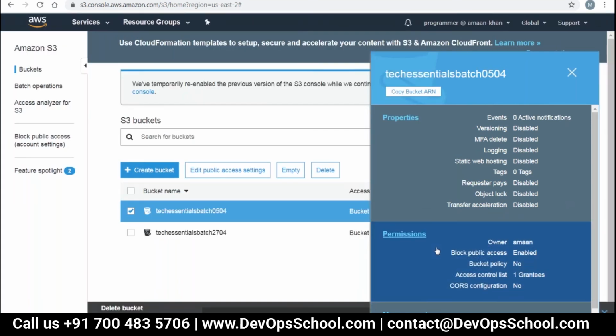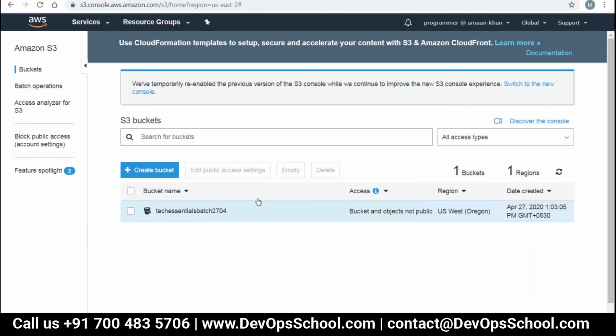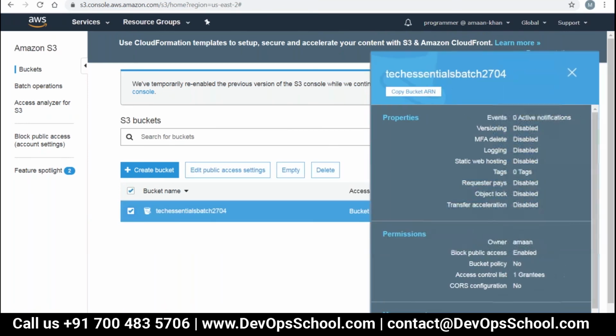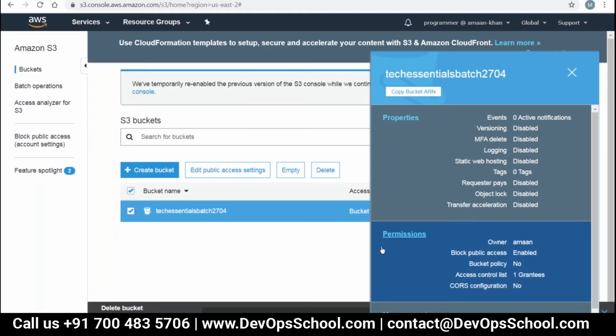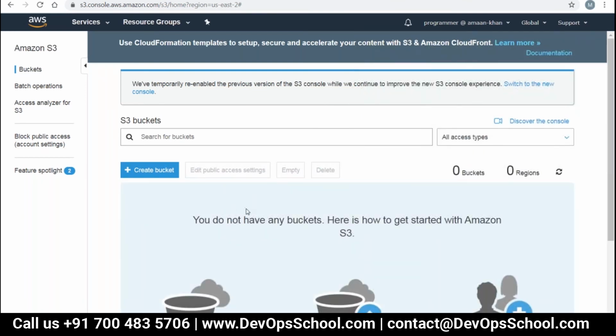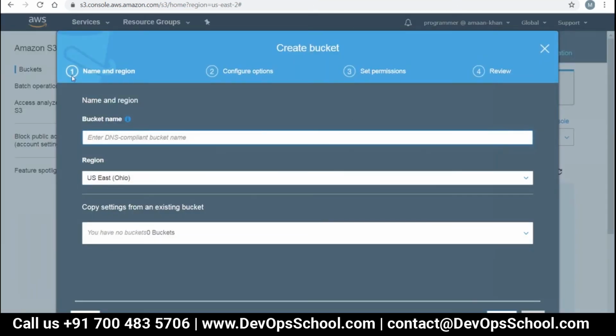You can't delete multiple, is it? Yeah, you cannot delete multiple. All right. So when you have no objects and no buckets, this is how it looks like. If you want to create a bucket, you will come here.